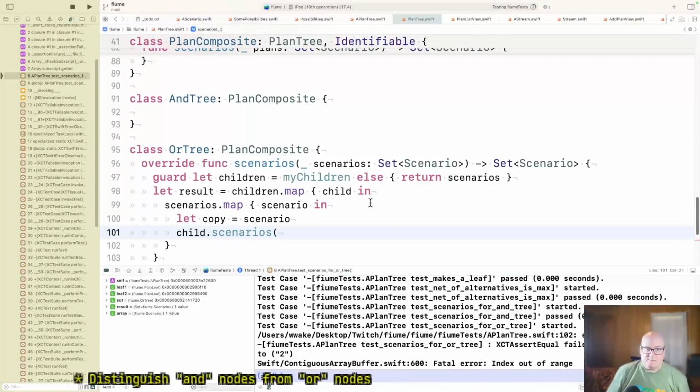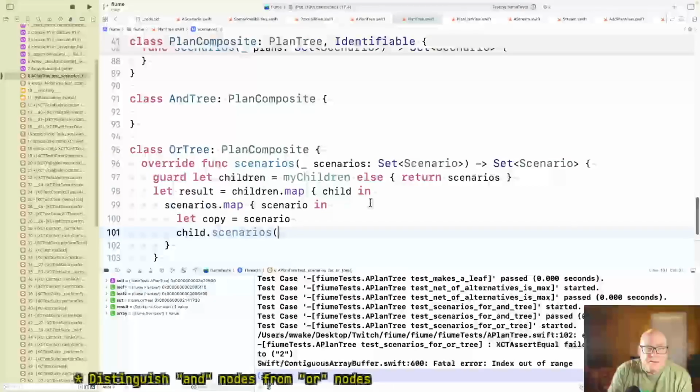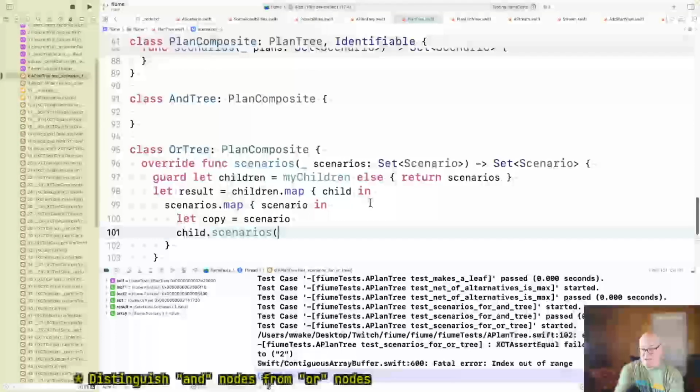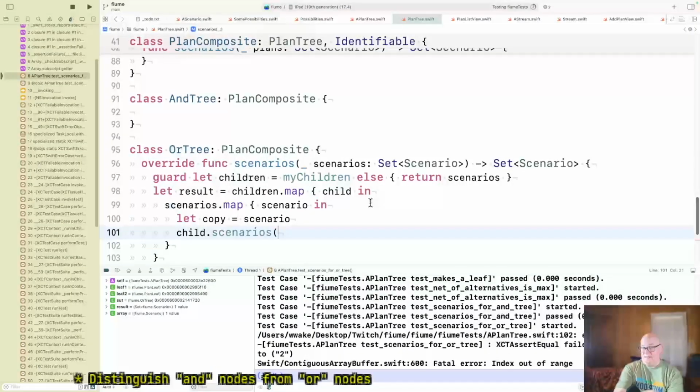Now, I may be flipped around. Okay, so if I've got the child, somewhere I have to generate these new scenarios, one per child, right? Because it's saying it's got these scenarios across it.